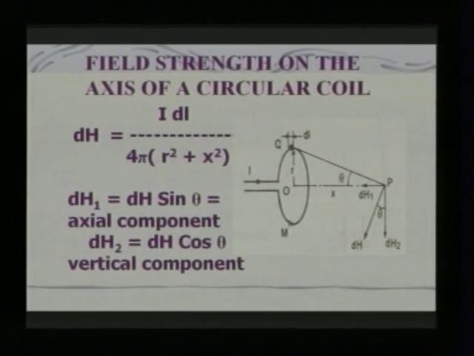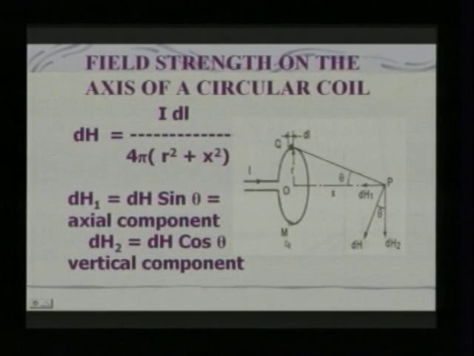The vertical component dH2 at point P due to the element dl at Q is cancelled by that due to the element dl at point M on the circle. The same thing applies to all other diametrically opposite pairs of differential lengths dl around the coil. Therefore, the resultant magnetic field strength at point P will be equal to the sum of the axial components only, that is